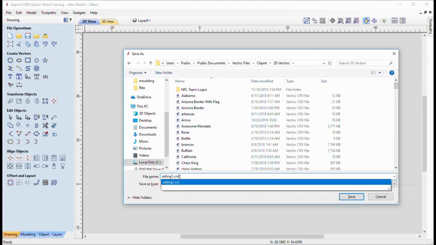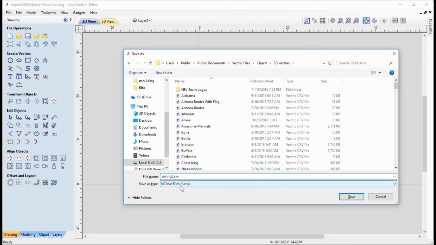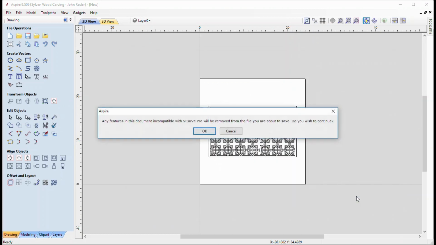You can see there's already a Railing 1 in there. Let's put Railing 2. And you can see that we're saving it as a VCarve file and not as an Aspire file. And that's so that we can use it in Vectric VCarve Pro, VCarve Desktop, and Aspire, because there's nothing really in here that we need to have for Aspire functionality.